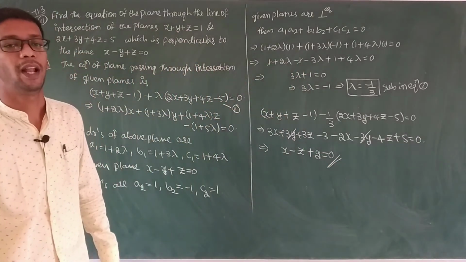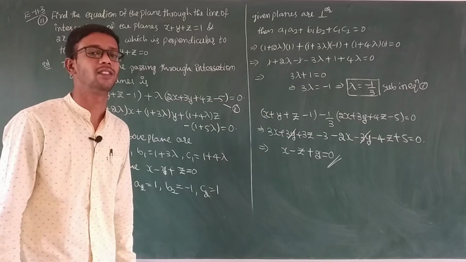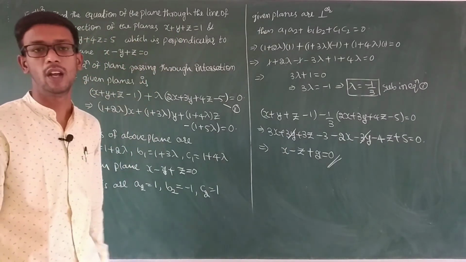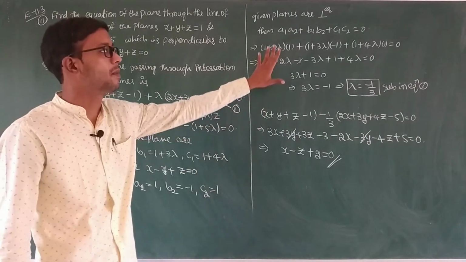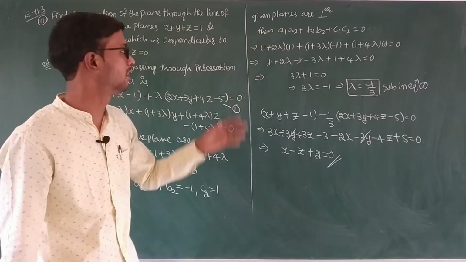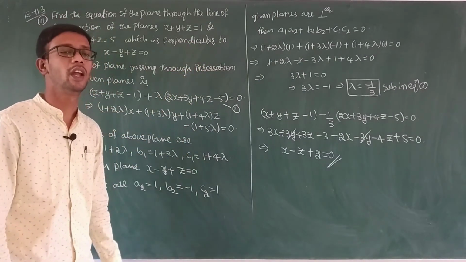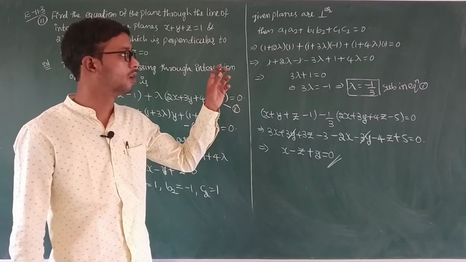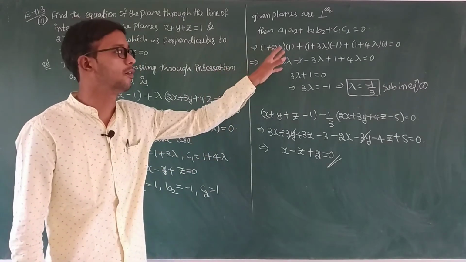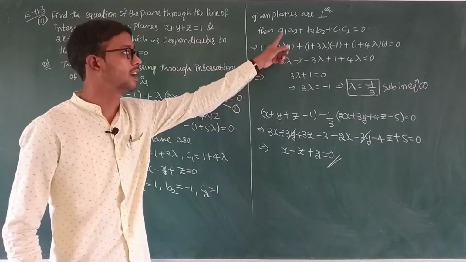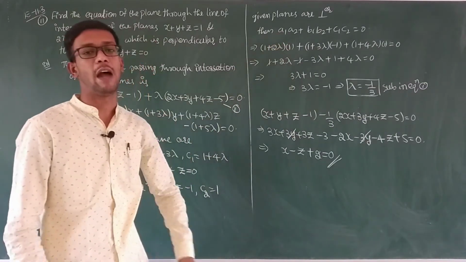is the required plane equation that is passing through the intersection of the two planes and which is perpendicular to the plane. Here only the lambda value finding is different. Why? Because there is no point; there is a condition of perpendicular to the plane. Two planes perpendicular means the direction ratios, if you make the sum of products, you should compulsorily get 0. By that condition only we are getting the lambda value.